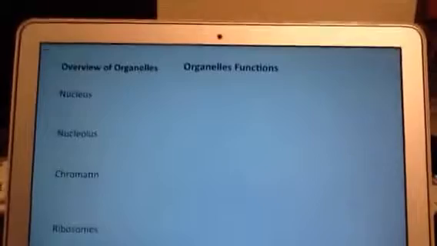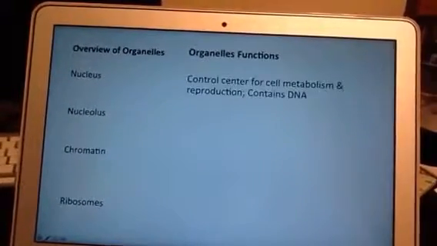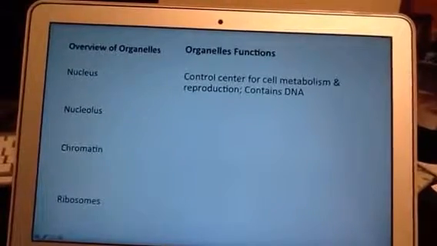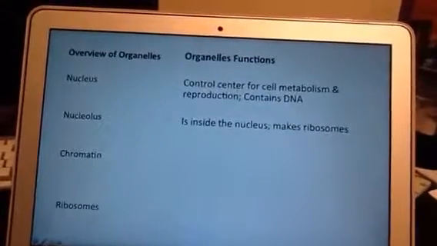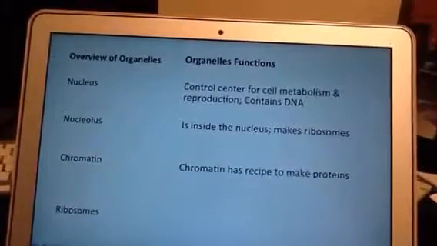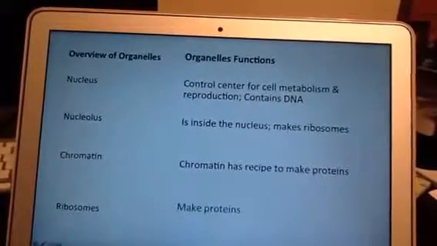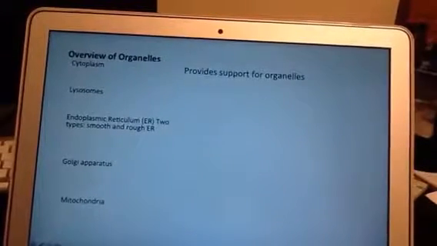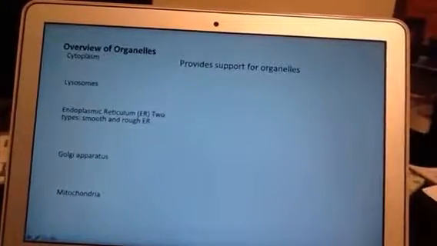Here is an overview of some of the cell organelles and their functions. The nucleus is the control center for metabolism and reproduction, and contains the DNA. The nucleolus is inside the nucleus and makes the ribosomes. Chromatin has the recipe for proteins, and chromatin is what makes the chromosomes. Ribosomes make proteins. Cytoplasm provides support for the organelles. It is a thick fluid